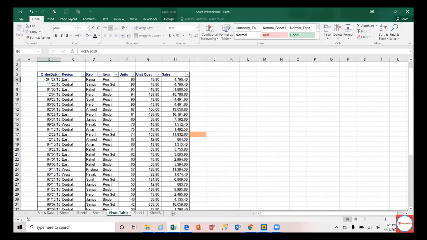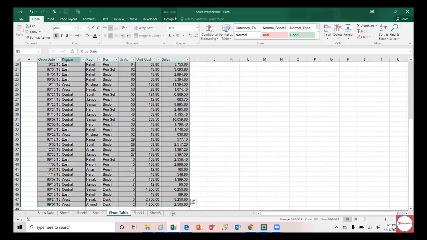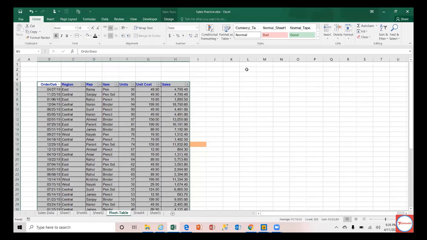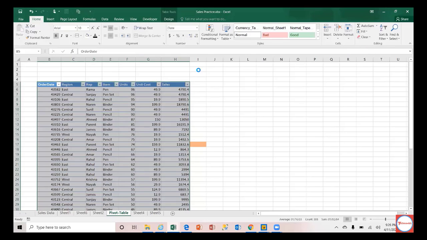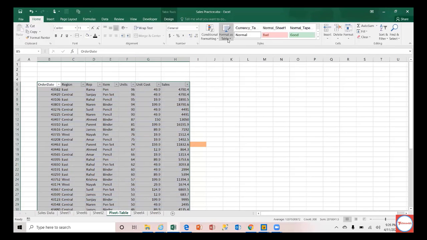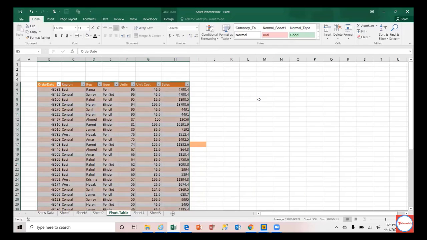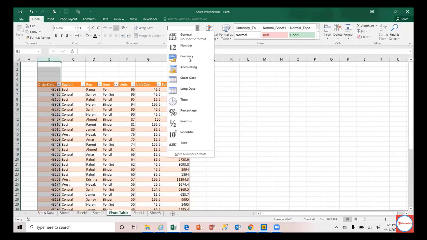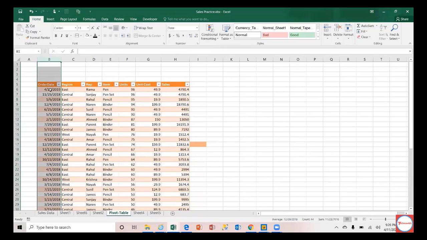What is the other use? So let us do one thing. Let's see if I can format this. Let me clear the format, and let me add this as a format, as a table, just to give some color to this. If you have used clear format, you would have faced this issue: the date goes for a toss. You have to come back and apply the short date again, then it comes back. That's one thing you have to take care of.